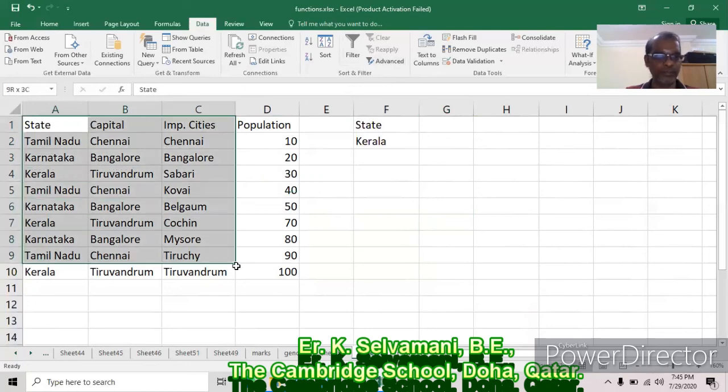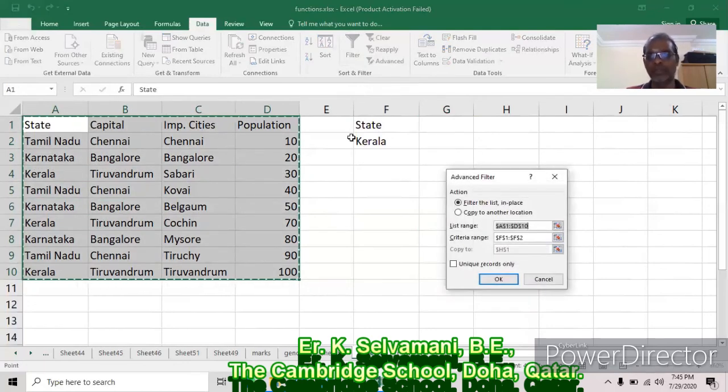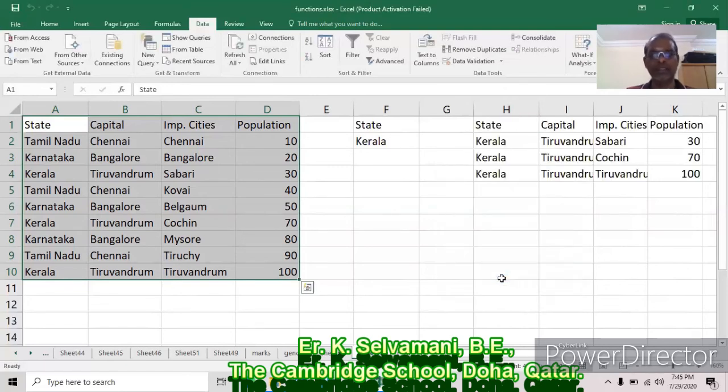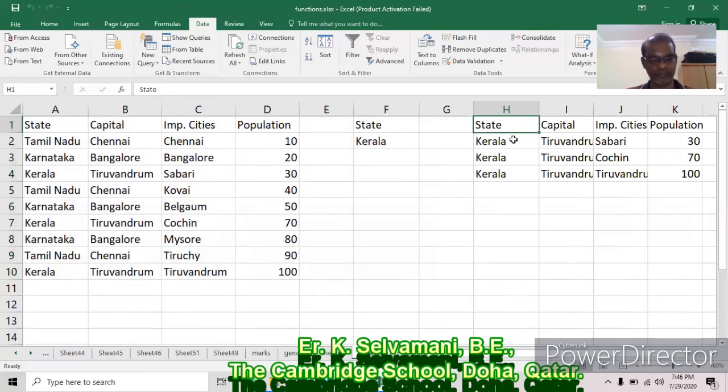Select A1 to D10, go to advanced, copy to another location, H1. Then the details of the Kerala will be extracted from the table and placed in H1. See here. Similarly, I like to put Karnataka. I will delete everything.